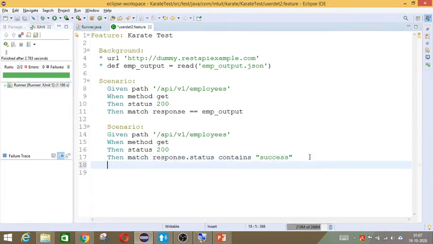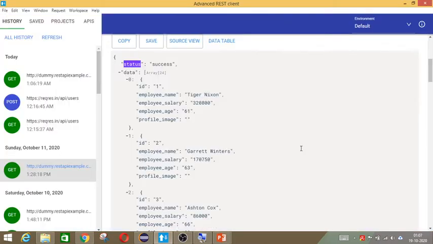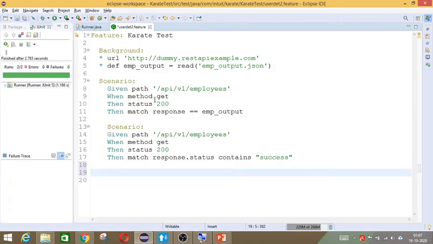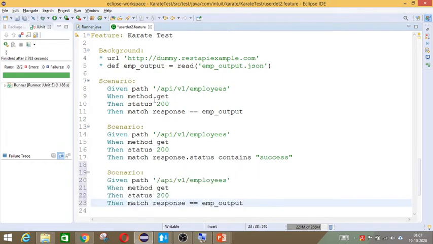Now we have taken the status value. So then let us check if you want to check what is the employee name coming, which is inside an array. You can see it's an array, right? So inside data you have employee name. So how will you compare if you have the employee name? We will have the same match response. This time it has to be response.data, but this is an array, so you give within square bracket star. Why we are giving star is that any value inside this array can be matched.